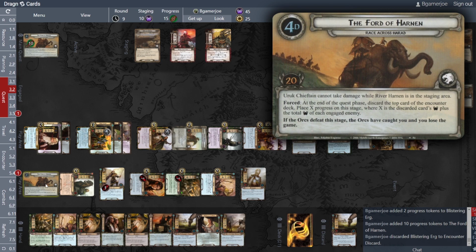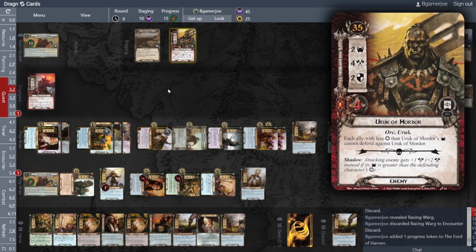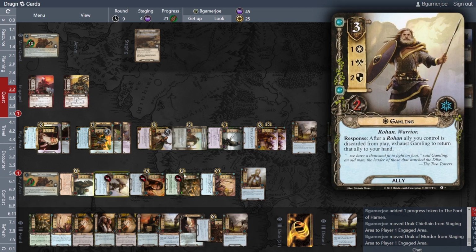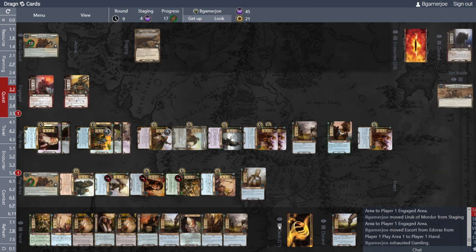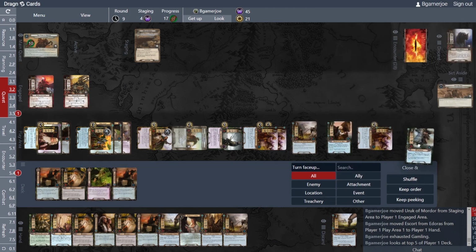He doesn't move around. We just discard 1 card, and it's a 1. We just put 1 progress there because these guys aren't engaged. Can't travel there yet until I have 20. So we engage these 2 guys. Oh, first we have to do this. Let's bring them back to hand,